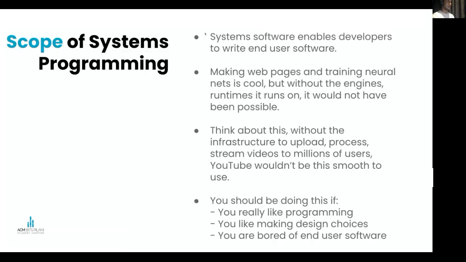These things are possible because people have written very efficient engines, very efficient runtimes, so that things can be very fast for these people. As Sumantrak was mentioning, AI didn't receive a lot of praise in the beginning because it was very inefficient. But with the development of new software or new systems, AI has picked up a lot of pace, and that is possible only because systems programmers are working their asses off trying to make things more efficient day by day.